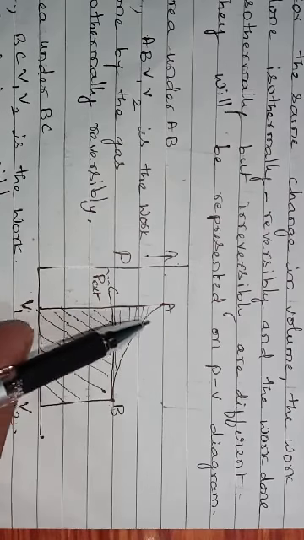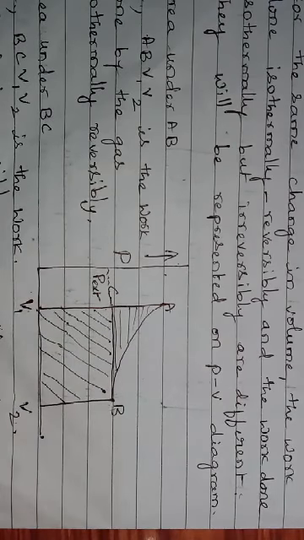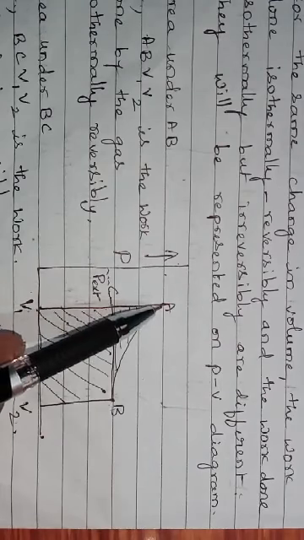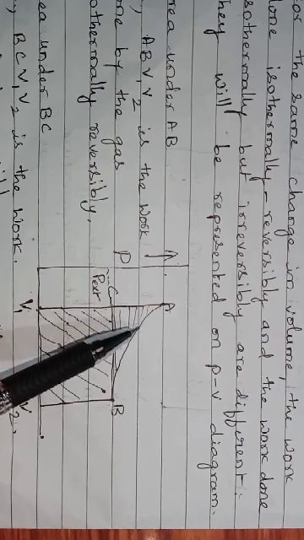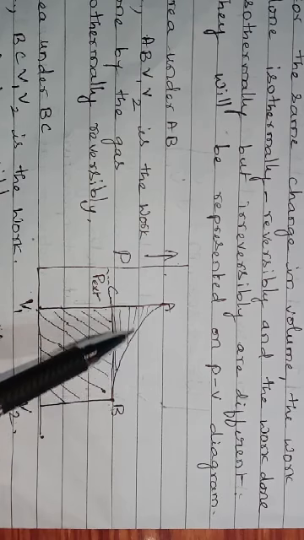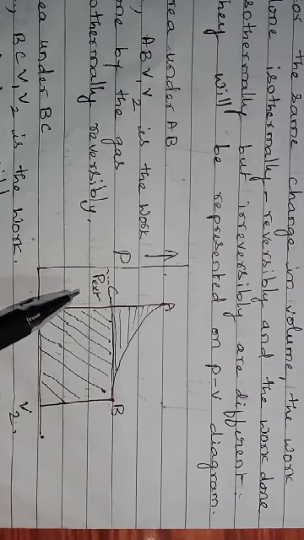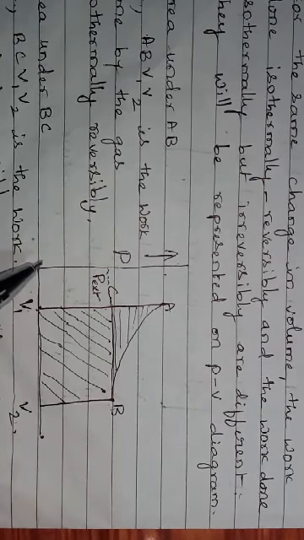The reversible process will have this type of curve. A smooth curve is obtained in the reversible process because the reversible process undergoes different steps, different stages. The difference between the two stages is negligible. Because of that, it takes a smooth type of curve. Whereas there is a large difference between internal pressure and external pressure during the irreversible process, so a sudden change in the volume will take place.